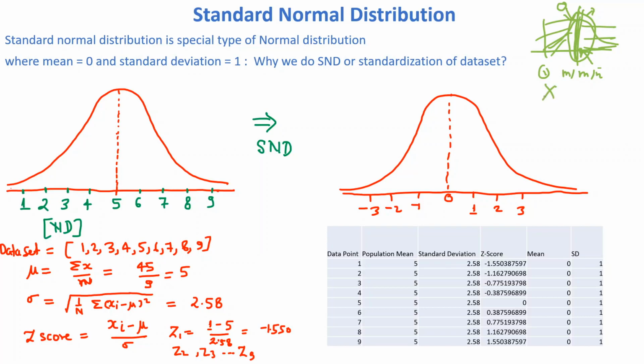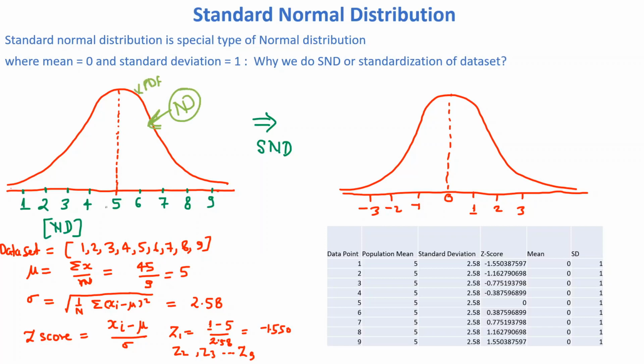Any random variable will be considered normally distributed if it follows mu and sigma. It means it is a function of mean and standard deviation. This is your normally distributed data set, and this is called a PDF. In this data set we have 9 data points, and this is your median. If we divide this data, you can check that this portion and this portion are mirror images. It means this is 50% of the data and this is the other 50%. So this is your normally distributed data.